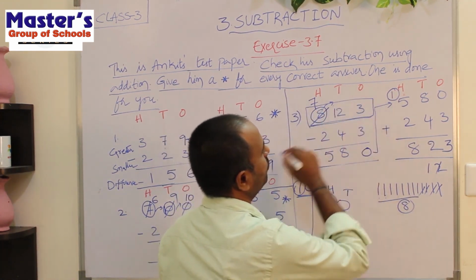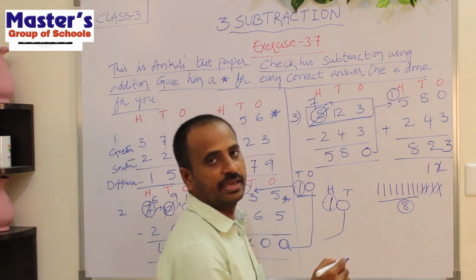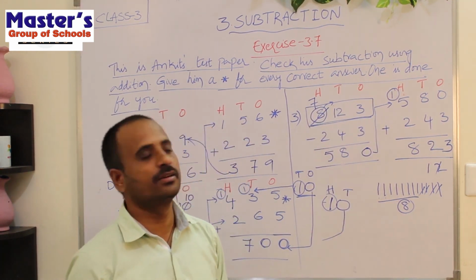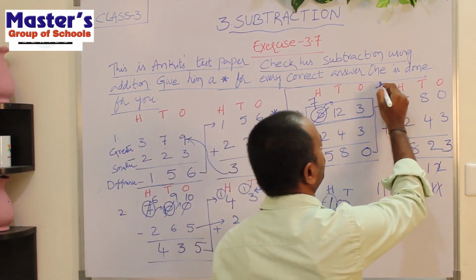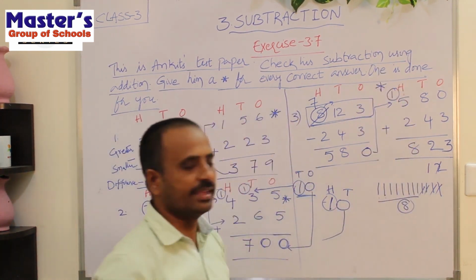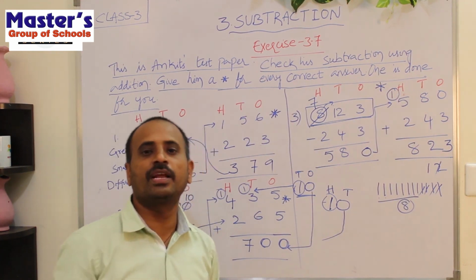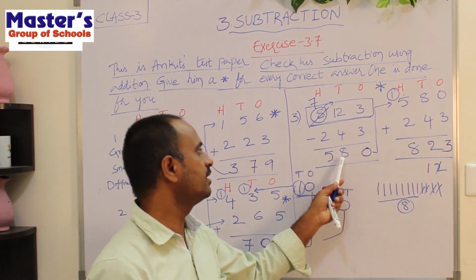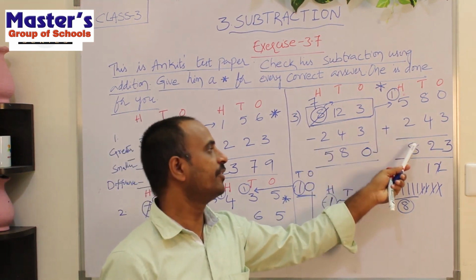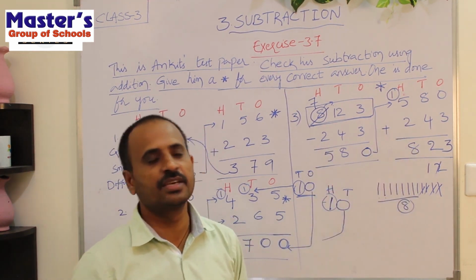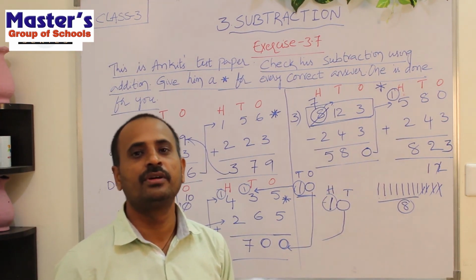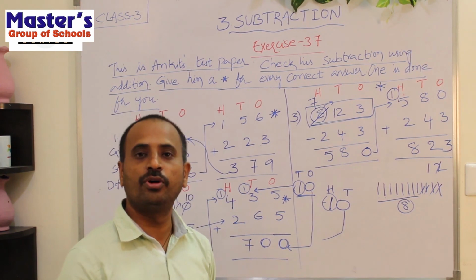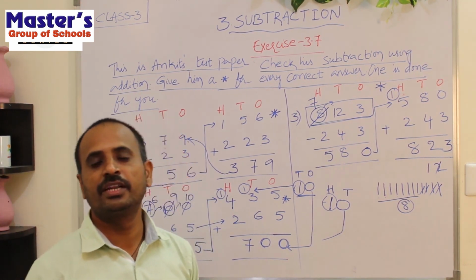Here we have got the first number, so our subtraction is correct. Put a star mark. Children, in this way we can verify our subtraction by using addition. First we add the second number to the difference. If you get the first number, our subtraction is correct. If you don't get the first number, our subtraction is wrong. Practice the remaining problems at home as homework, which are given in the PDF.